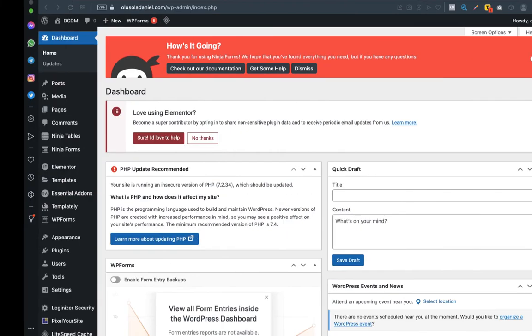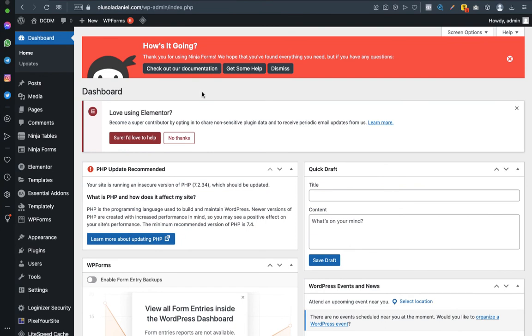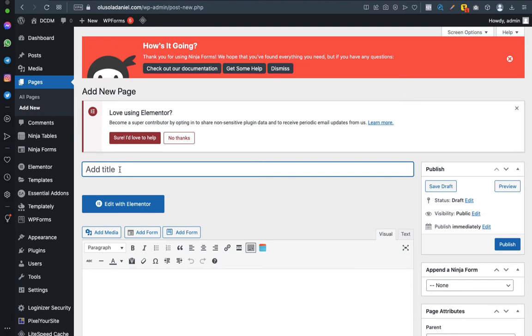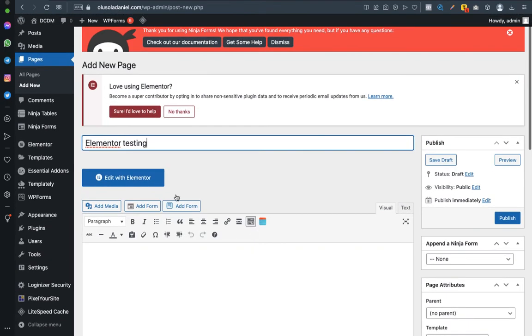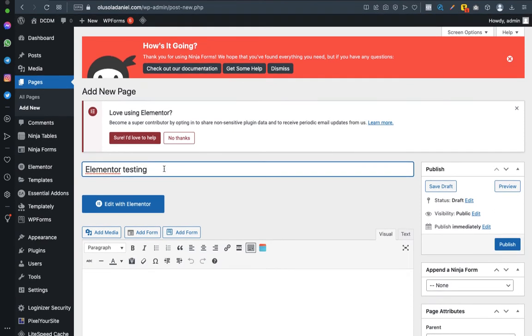So right now I'll be jumping into my browser. This is my WordPress dashboard. So what you want to do next is go to Pages, Add New Page. Let's add a new page first. I'm going to name it Elementor Testing. You don't even need to create any new page for yourself. So here, this is the page title. Once you click on this,